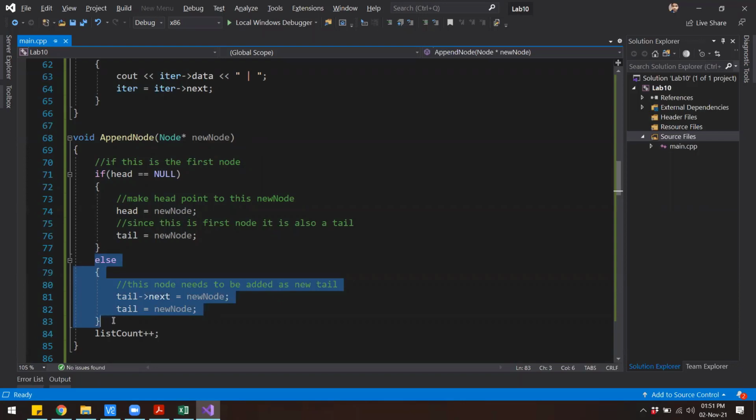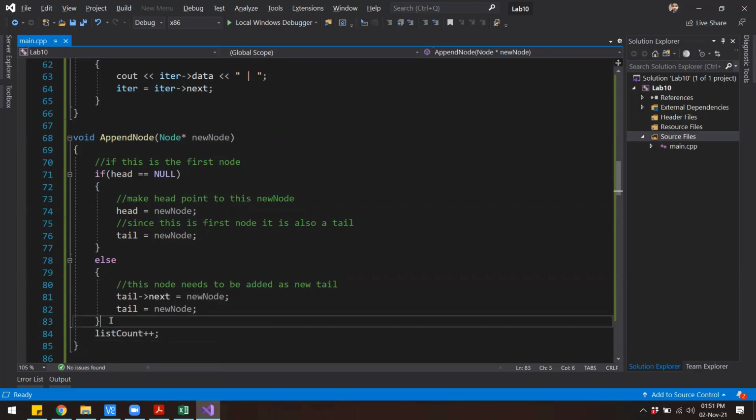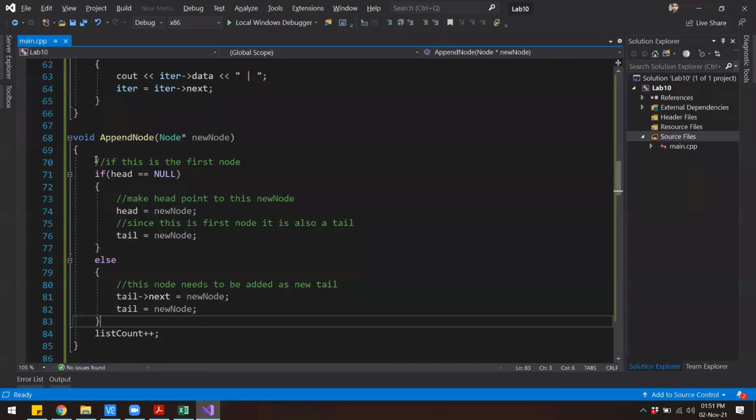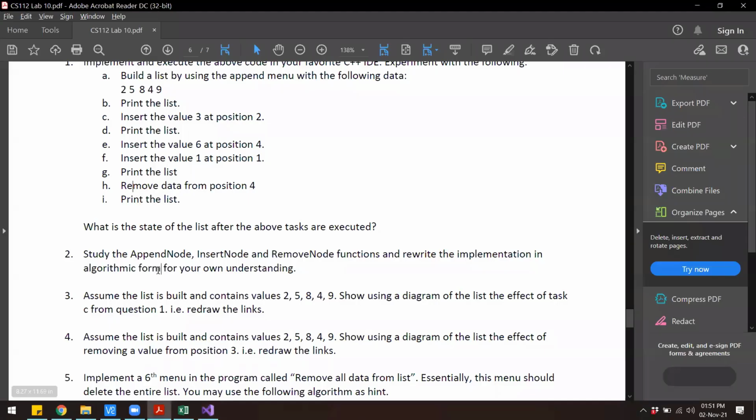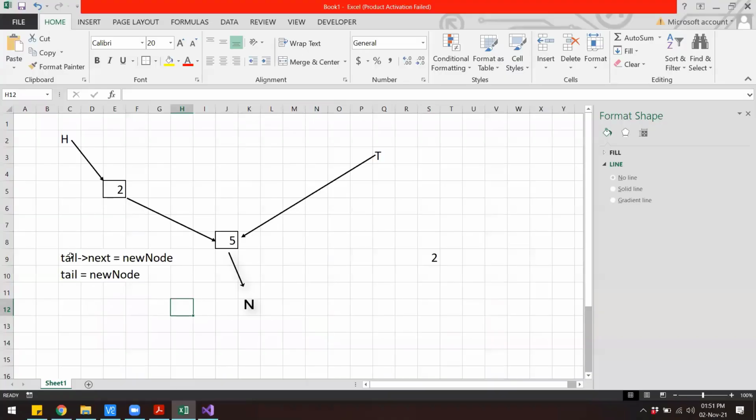Okay. And then of course at the end we are doing the count plus plus to keep track of the number of nodes in the list. So right now there are 2 nodes, so that will be 2. Now let's try this append node function. Let's do a hand trace of this and append one more node with the value 8. So now I want to append a value to the list with the value 8.